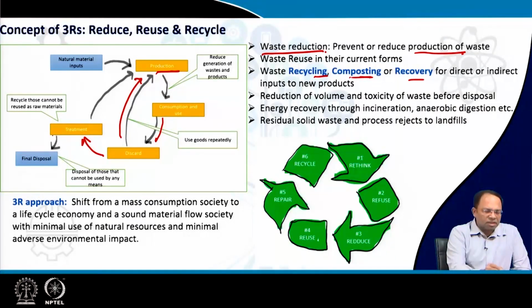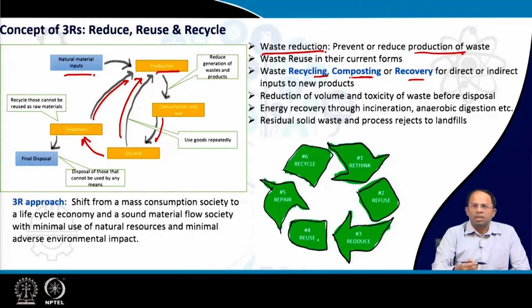So that means certain materials, instead of sending for final disposal, we will try to use them, or we have to do some amount of processing to those particular materials, and then we can again put them back into the production process. So instead of getting natural input materials or virgin materials from the mines or from the environment, we get some of those materials back from the discarded products. So the product itself can be reused, or components of the product or parts of the product after a certain amount of processing can be again taken back to the production process, which will reduce the amount of natural materials that are required to produce that particular product.